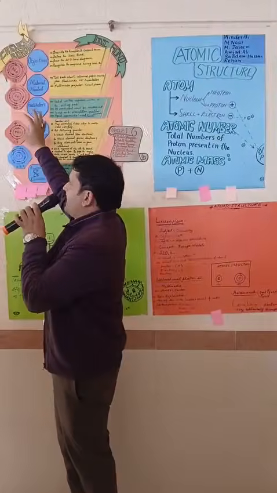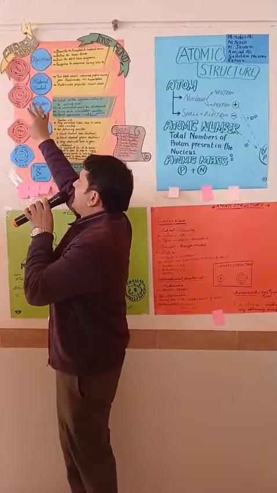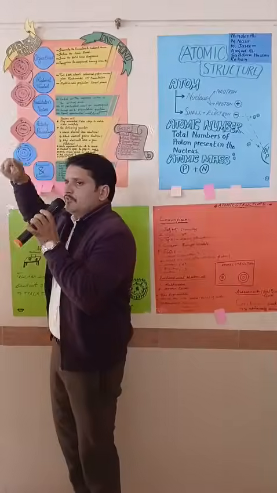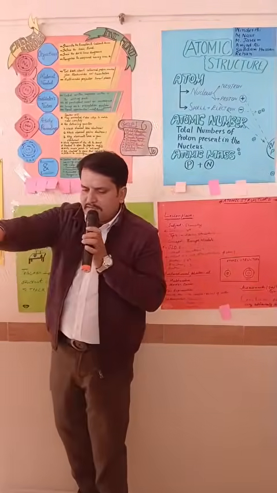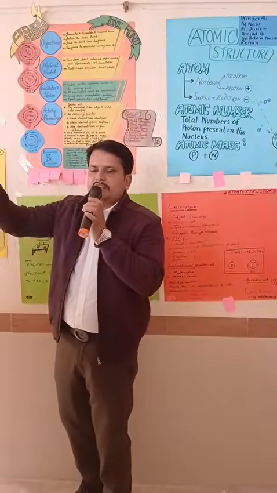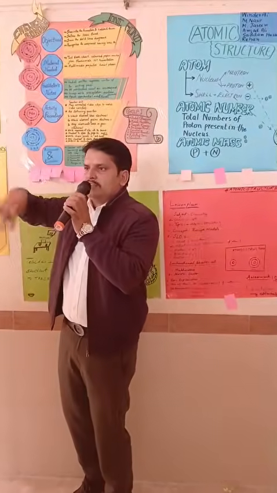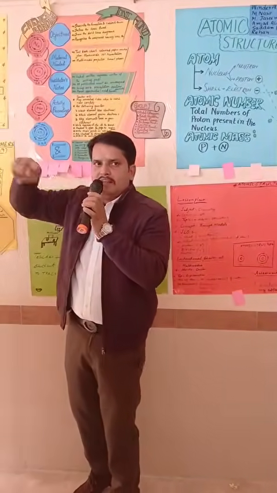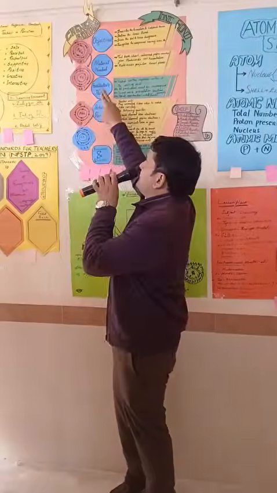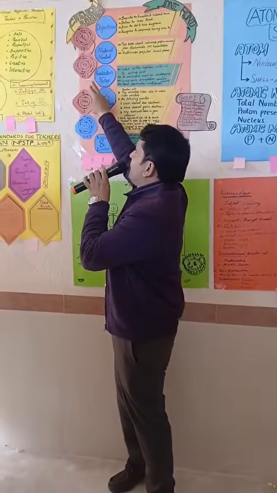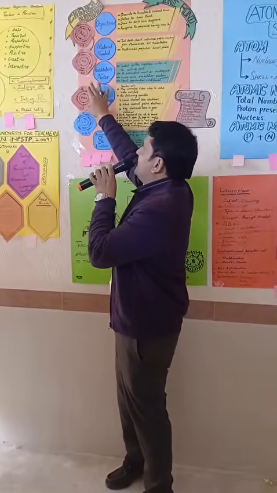They will highlight this concept with the activity, like one student will be sodium, and surrounding the sodium will be students: 2 students surrounding in the first shell, in the second shell 8 students, in the last shell 1 student. Same goes for the next student, that will be the chlorine.